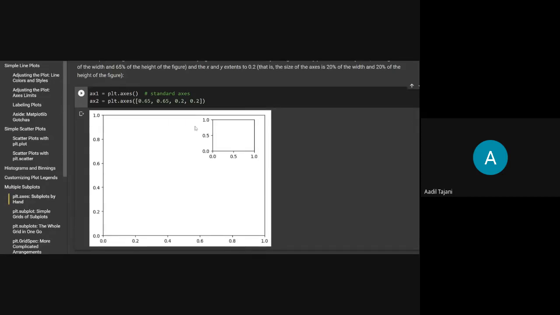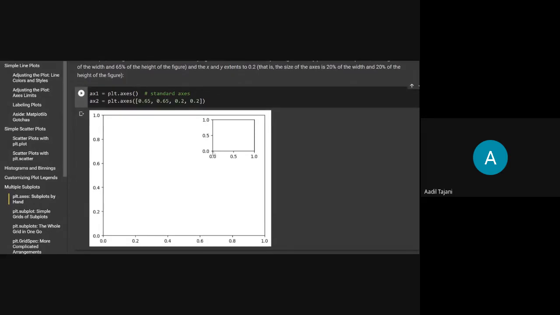So the first 2 parameters are the starting point, and the remaining 2 parameters say how much I want to extend from that starting point. From 0.65 I want to extend a further 0.2 for the x-axis. So 0.65 plus 0.2 will be 0.85.